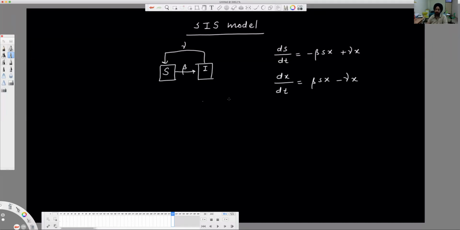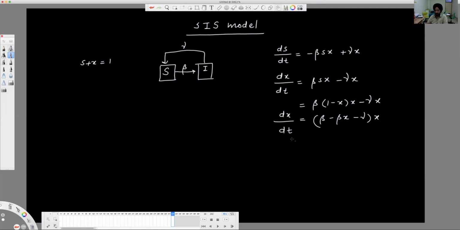So again, you will have S plus X is equal to 1, right? You can put this value here. Let's see how the X changes. You have beta (1 minus X) X minus gamma X. You can also write it as beta X minus beta X squared minus gamma X. Right? Now this equation has a solution which is very similar to what we saw in